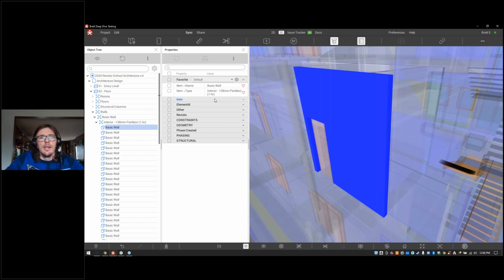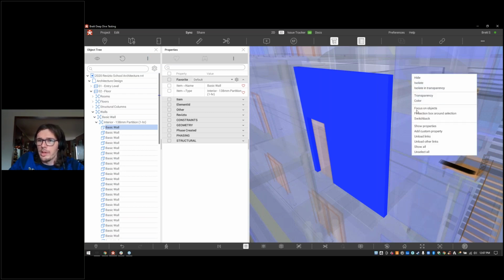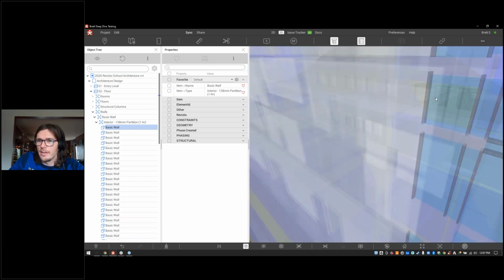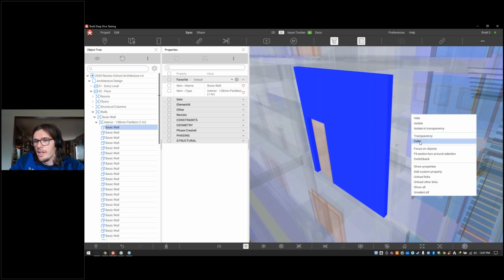Now, for anyone that's been using Revizto since the beta's been released, or Navisworks, this over here should be familiar, but we've made a few improvements as to the way that this works. First of all, Revizto is completely right-click capable. As you can see here, we have the ability to isolate, isolate in transparency, change its color, focus on objects, fit a section box around the selection, switch back to that item in our authoring